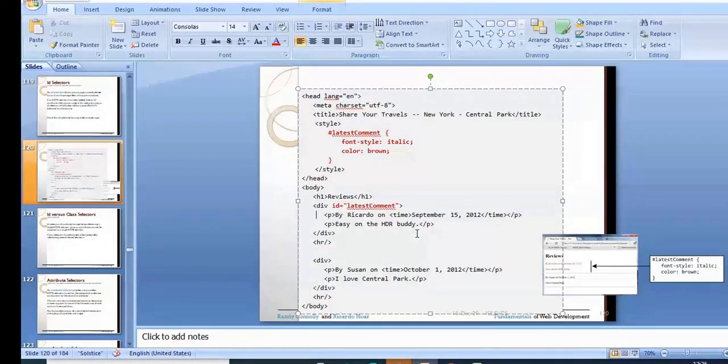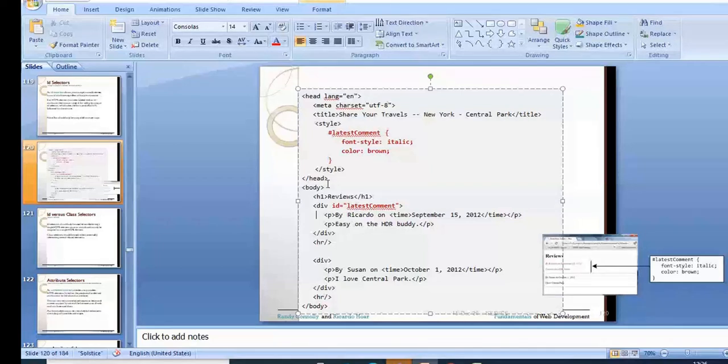Now this ID name I cannot repeat for other elements. Unlike a class selector, I cannot repeat the same ID for other elements. I can create an ID for a paragraph also and apply the style. Wherever this ID matches a particular tag, it is going to apply this style.